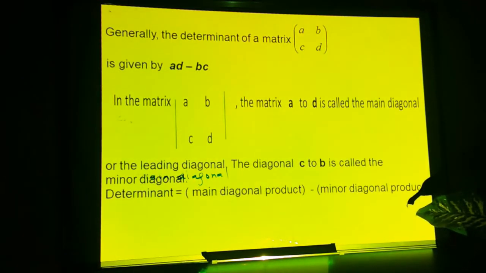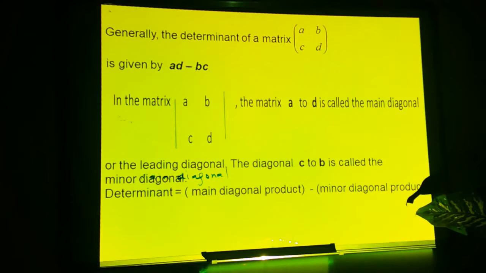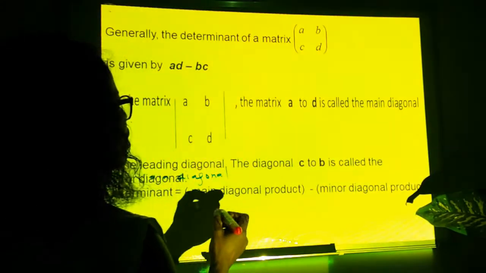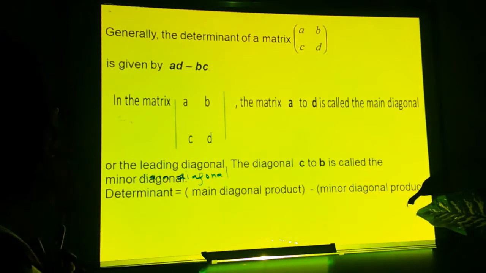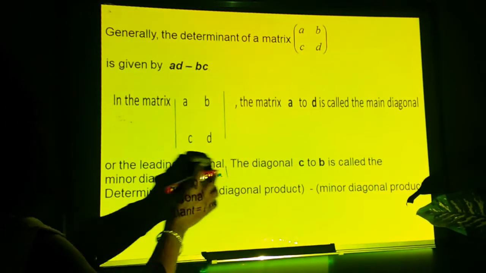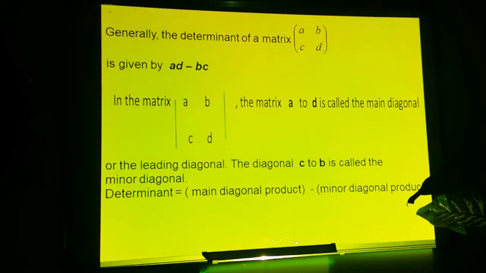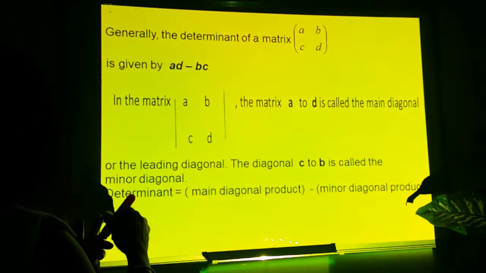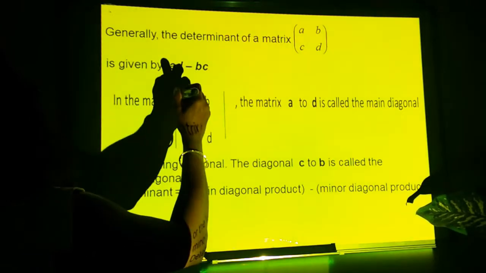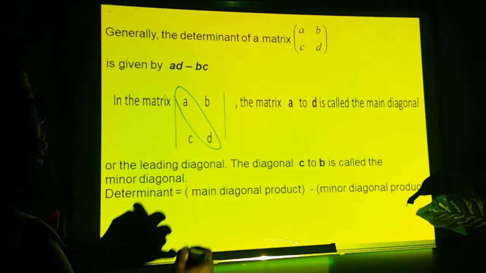So generally the determinant of a matrix is given by AD minus BC, as we said before. And in the matrix, A to D is called the main diagonal. That's your notes. Again, pause the video and take your notes. A to D is called the main diagonal or the leading diagonal. So, main diagonal, that's the main,